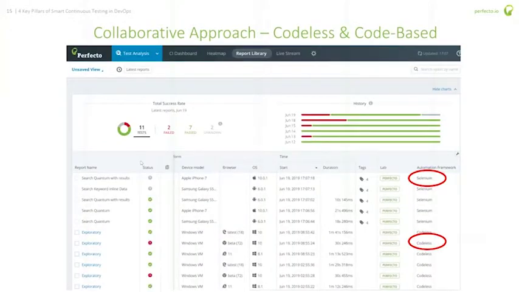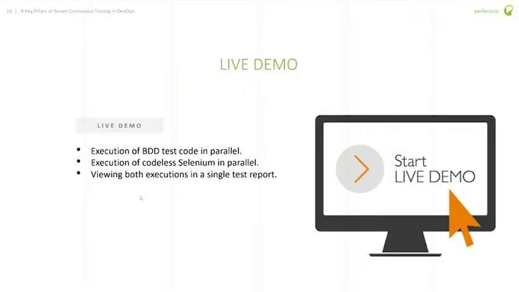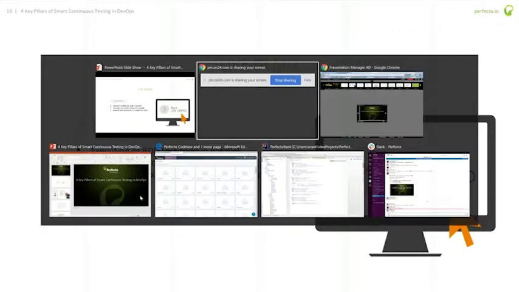Once you do so, you will see, and I will now demonstrate, you will see that with this collaborative approach, you can see codeless and code-based coming from three different personas for the same application observed in one single pipeline, in one single dashboard. This is where you gain bigger and higher control over your product development. Let me show you how it's done in real time, okay? And with that, I will start with,